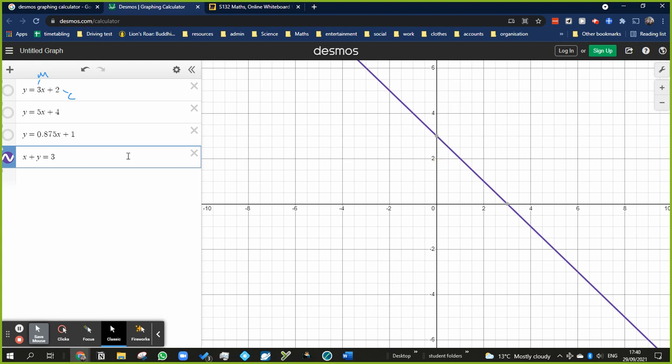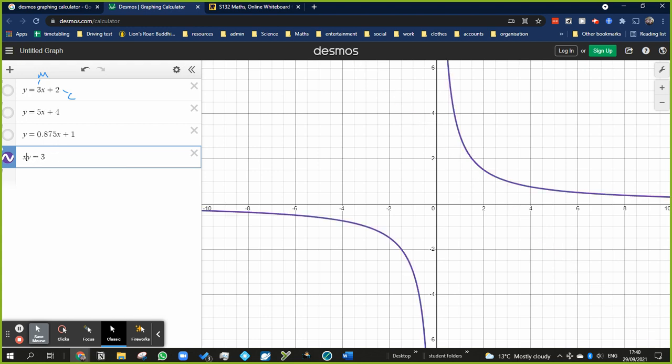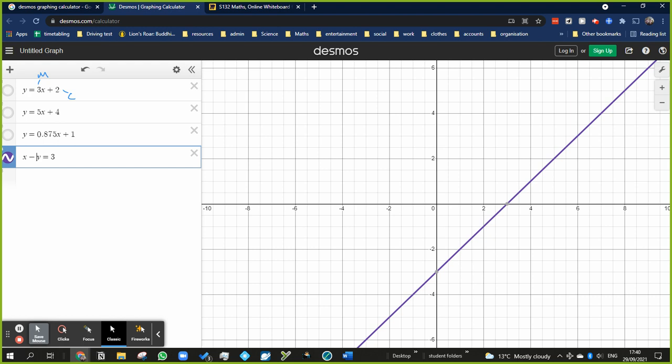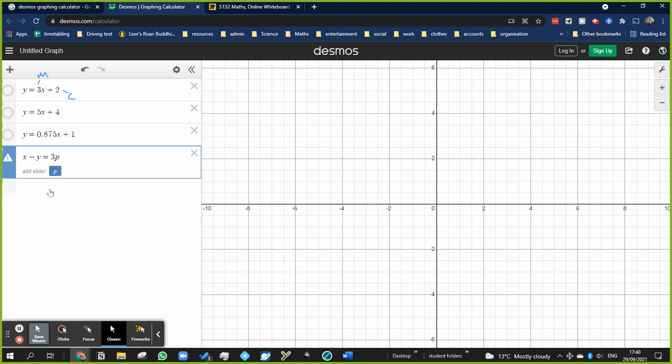Let's turn off that one. Well, first of all, I'm actually going to just change that to take away. Right, y take away x looks like that. So that's a bit confusing, isn't it? So why don't we try to understand why it is that? Well, it's because